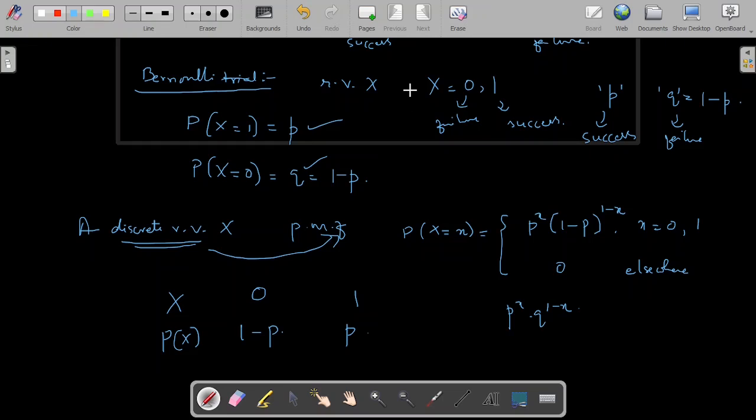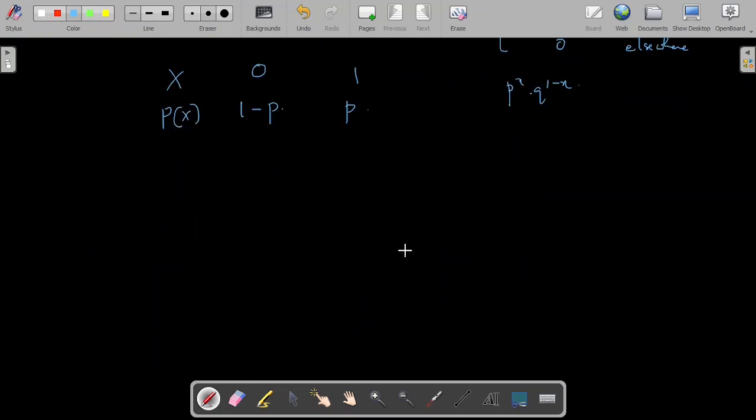When you have more trials, then we use the binomial distribution. Bernoulli trial and Bernoulli distribution are used for a single trial. That is the difference between binomial distribution and Bernoulli distribution. Bernoulli distribution uses only a single trial, that is tossing a coin once, or rolling a die once, like that. See, for example, if you toss a coin once,